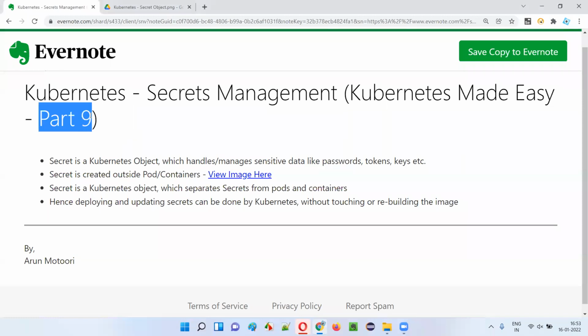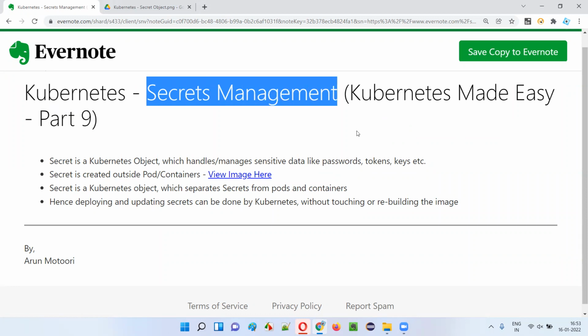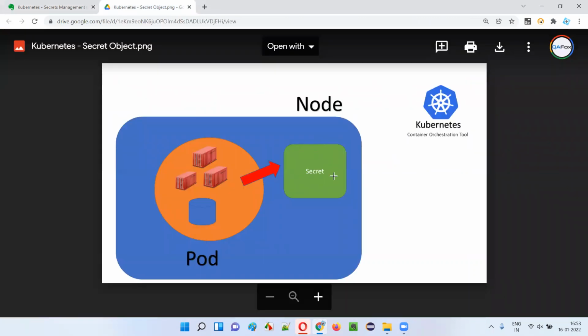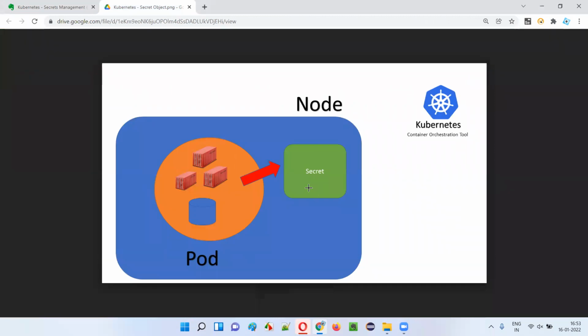Hello all. Welcome to part 9 of Kubernetes Made Easy tutorial. In this session, I'm going to explain one of the features of the Kubernetes, that is secrets management. So let's get started. Secret is a Kubernetes object which handles or manages the sensitive data or information like passwords,